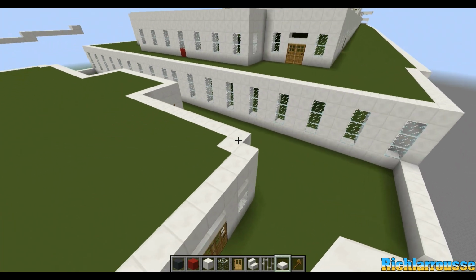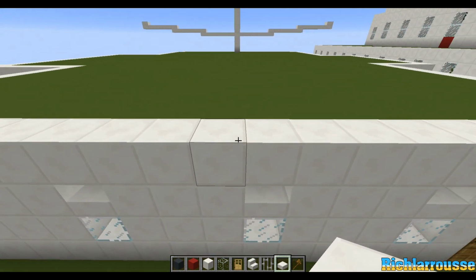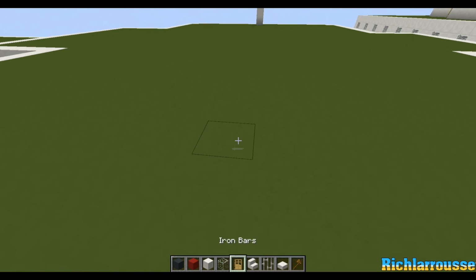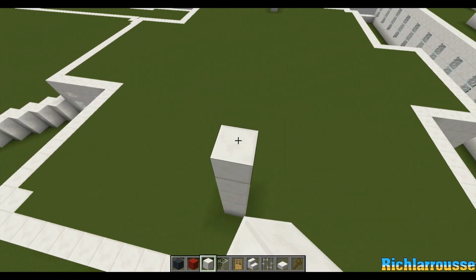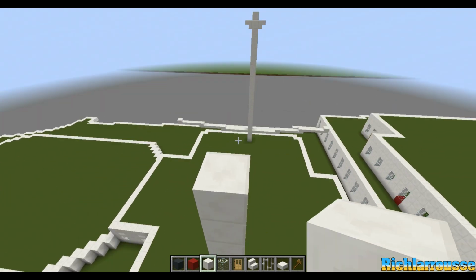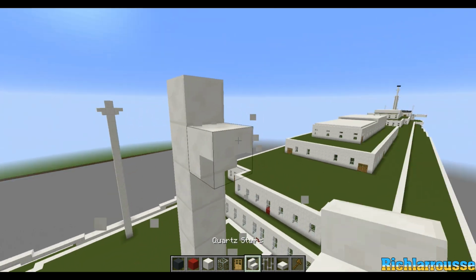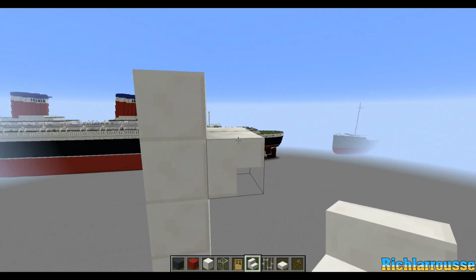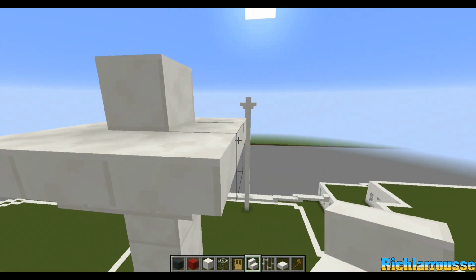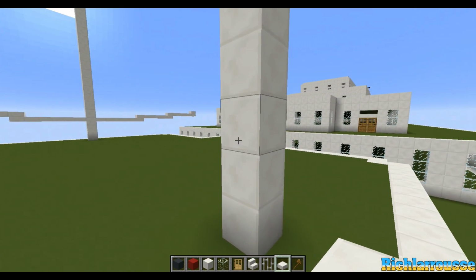So 12th back on the side, so 3, 4, 5, 6, 7, 8, 9, 10, 11, 12. And then 1, 2, 3 in, we do the same again, so 1, 2, 3, 4, 5, 6, 7, 8, 9, 10, 11, 12, 13, 14, 15, 16, 17, 18, 19, 20, 1, 2, 3. And then around the top, of course, add our stairs, like so, and then back down to the bottom, add the crane arms, which are third block up, and go